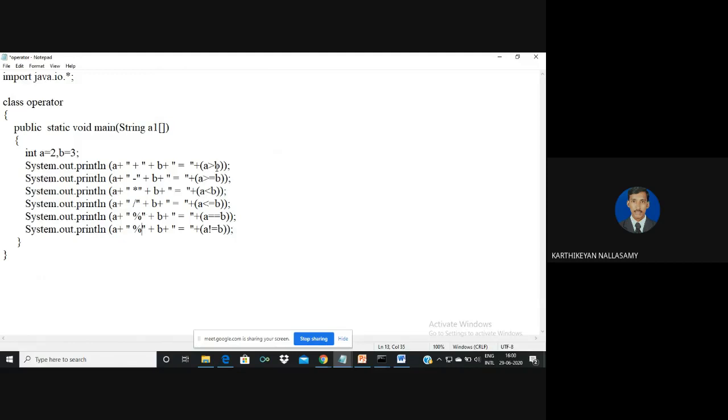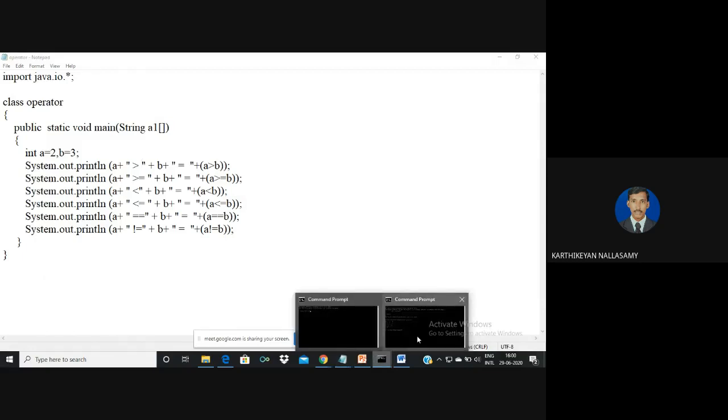So I'm going to change my operator. So not equal, equal. Then less than or equal. Here I'm going to use less than, greater than or equal, greater than. So now I'm going to compile my code.